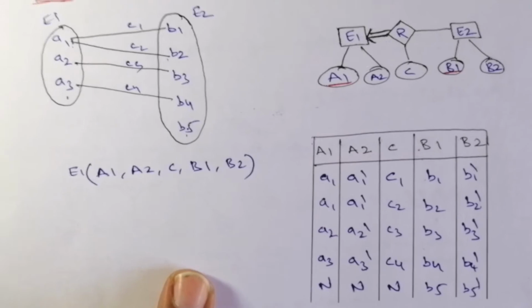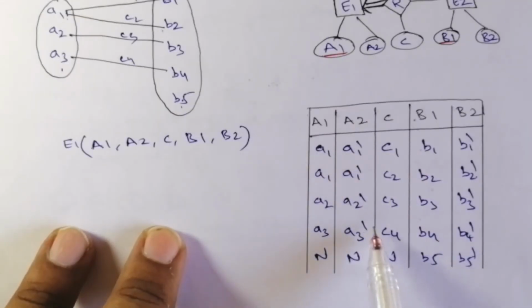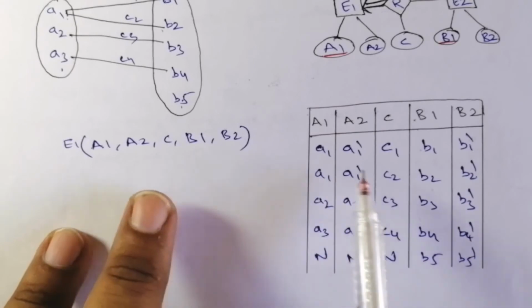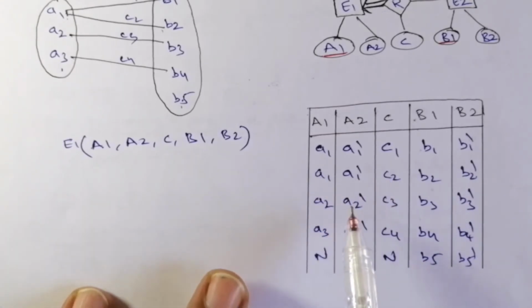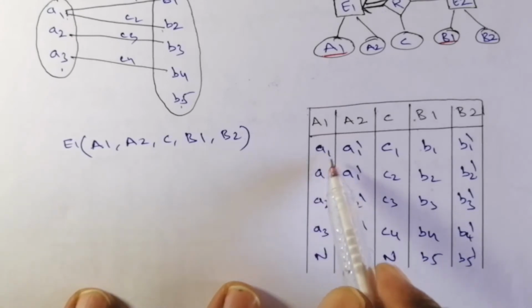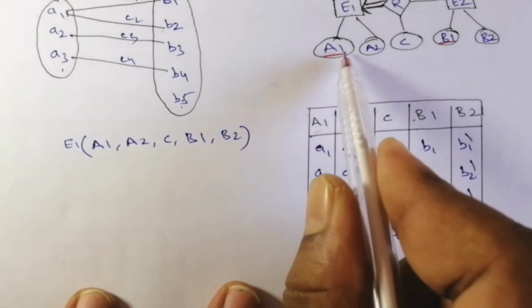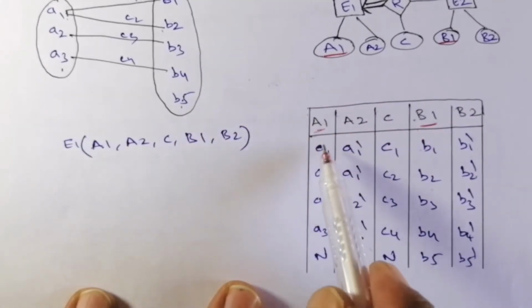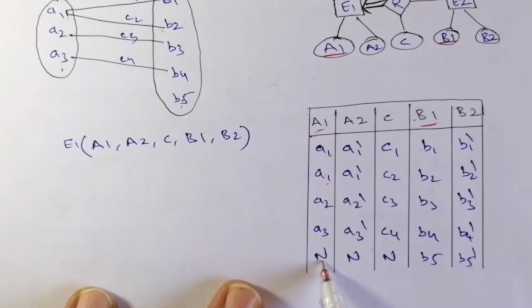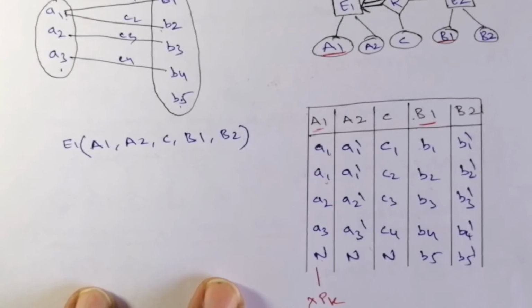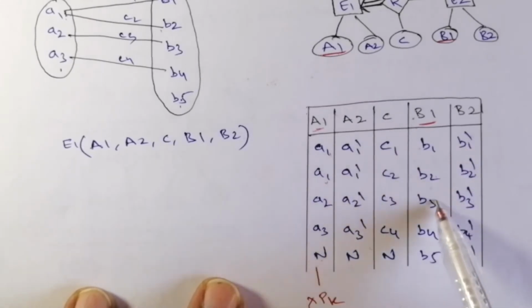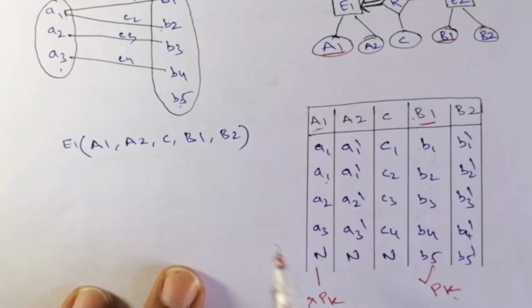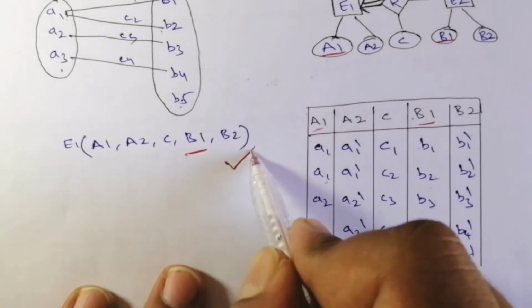Now we check whether every cell has an atomic value, and we are checking for the minimum relation, that is, a single relation. Okay, now what is the third condition for the primary key? So, A1 repetition. For the primary key, there are two possibilities: either it can be A1 or it can be B1. If we see A1, it has repetition and also has the null value. So this is not suitable for the primary key. If you take the case of B1, B2, B3, B4, B5, it is suitable for the primary key. So automatically, if it is suitable, then this particular case is suitable.